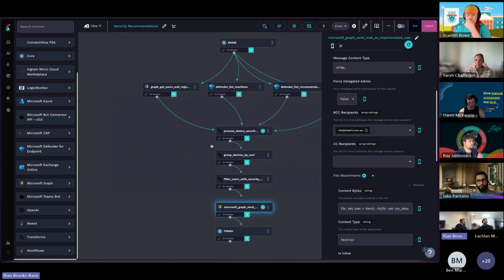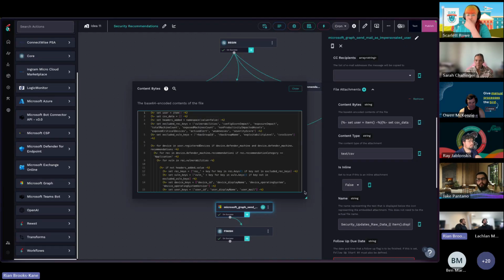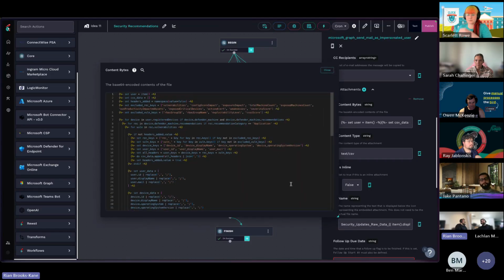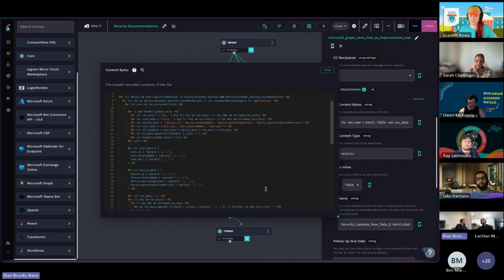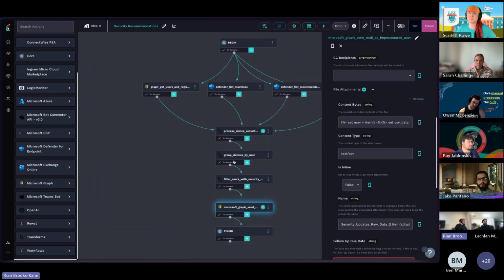We also construct a CSV that goes along with that email as well. So it basically takes more of the raw data from Defender, constructs it into a CSV as a base64 object, and then we can pass that in as an attachment. And then if we run all of that,